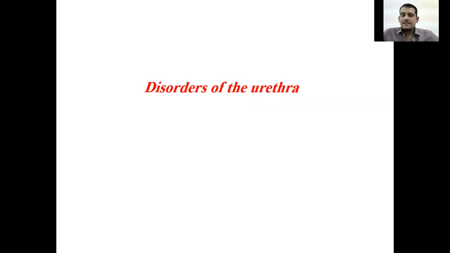Previously, we covered the renal disorders, bladder disorders, and now we will cover the urethral disorders. As you know, the urethra is a tubular structure extending from the bladder neck to the external meatus,